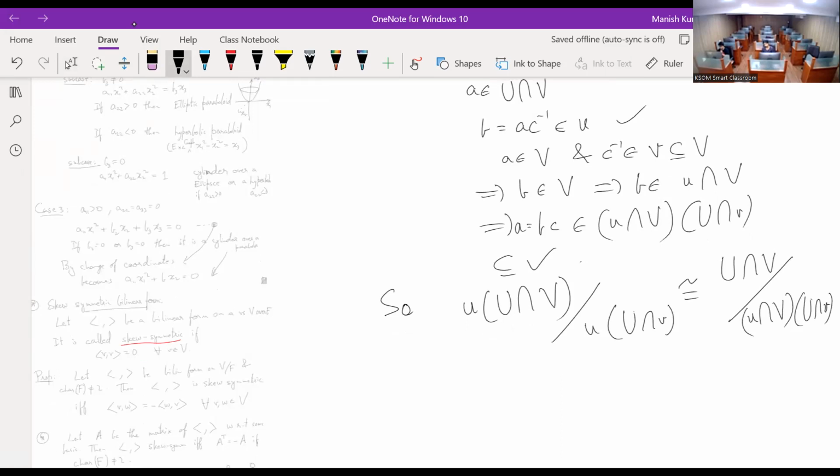Similarly, the other one will be isomorphic to this one. So these two are isomorphic. That completes the proof of the butterfly lemma. So let me stop here. Sorry for going over. And then maybe next time we will